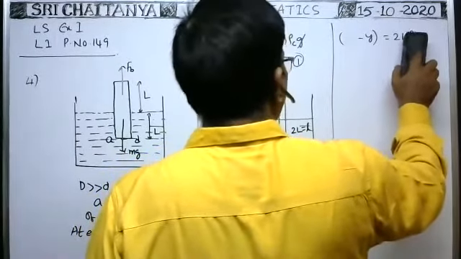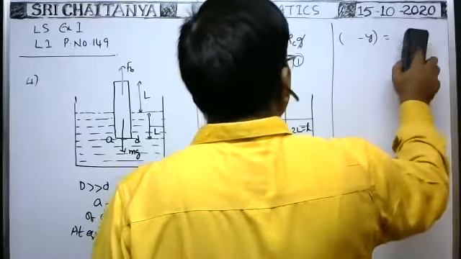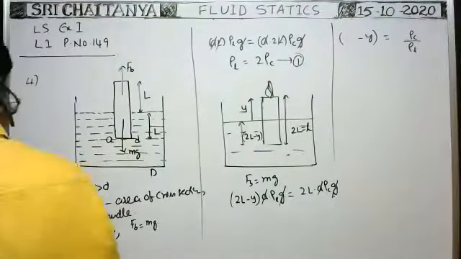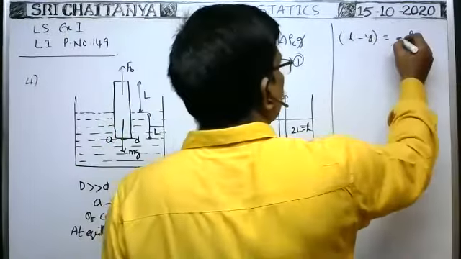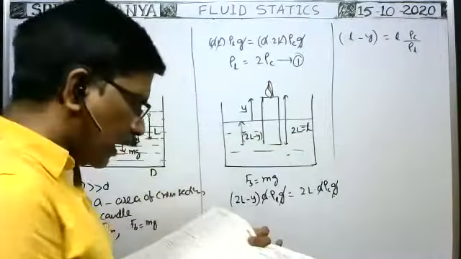Instead of 2L, you write small l. That's all. Because the problem it is given that